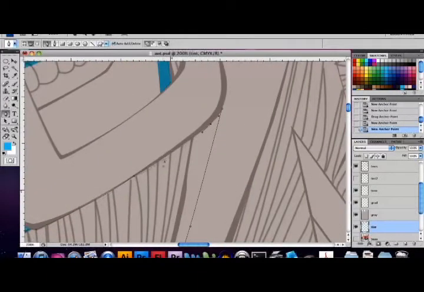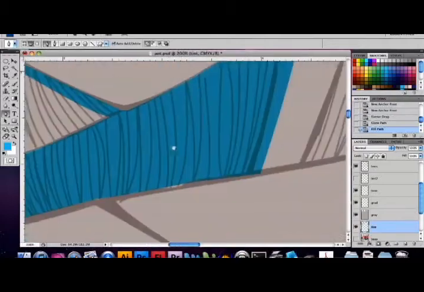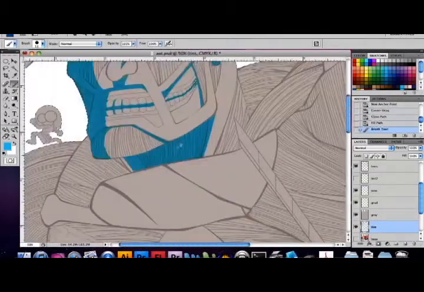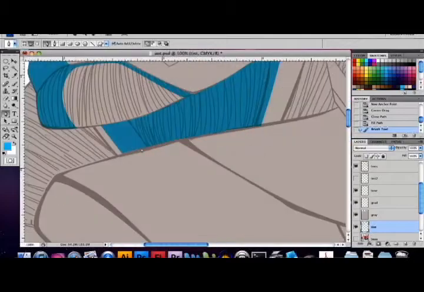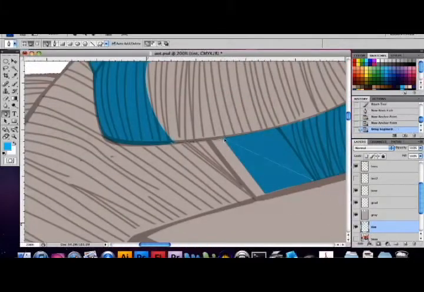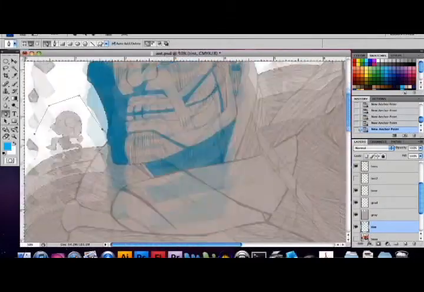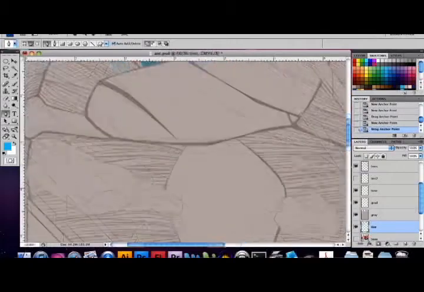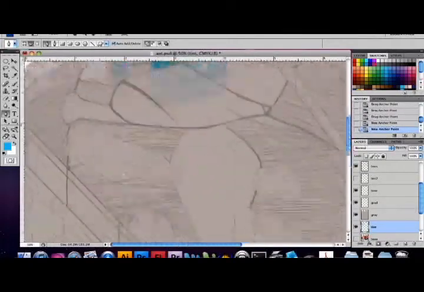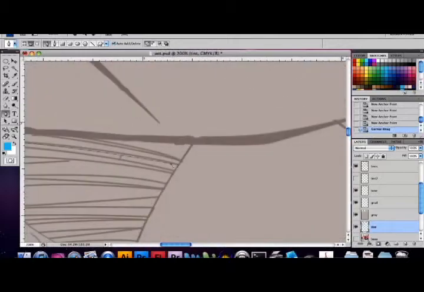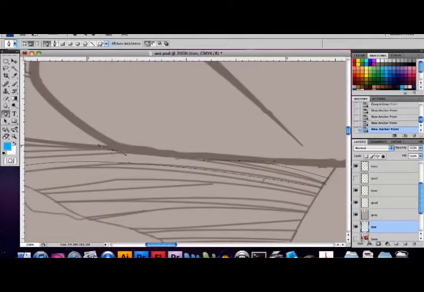You also want to make sure that you get all the nooks and crannies, crevices in. For this part, I'm just gonna do a quick shadow fill,